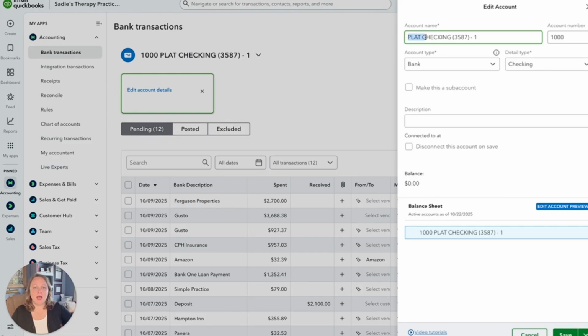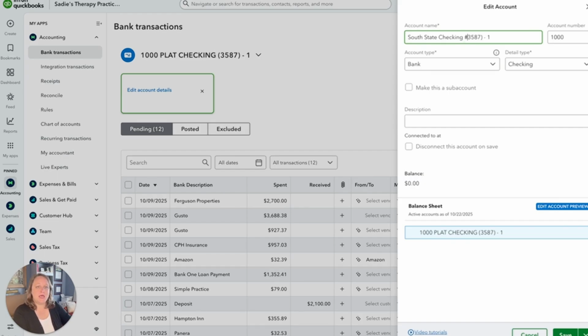And the way that I like to name these accounts is to use the bank name. So for instance, if I was still using my South State Bank account example, I would say South State, and I don't normally put bank. Again, this is however you want to have it set up, but for me personally, I don't put bank at the end of that. So I just say South State checking, and then I get rid of all of these